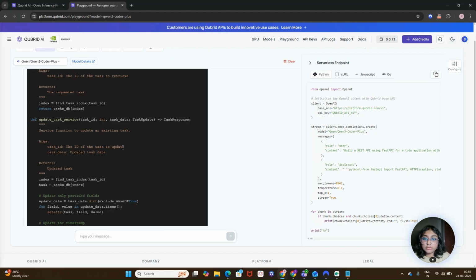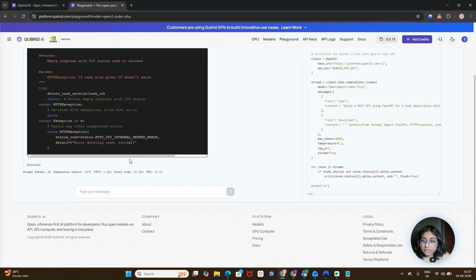This code is quite good in terms of quality, but let's see the speed of the output. The total time taken is 27.35 seconds, whereas the flash one took 13 point something seconds to generate the output.